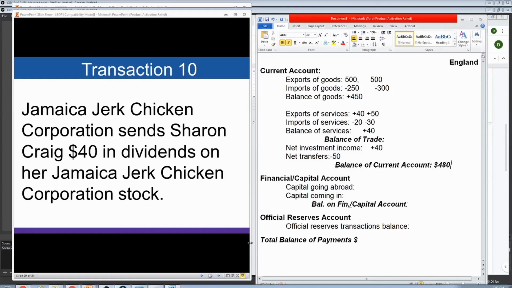You would know this doing it, so you wouldn't be able to finish it this way. I'm doing it because I know that's the end of the current account. But for you guys, you would work everything through and then do all your adding and subtracting. All right, so the next thing we do,